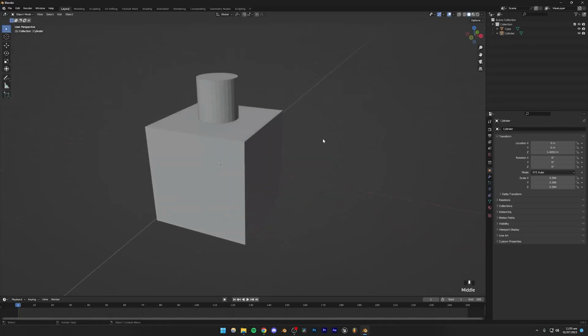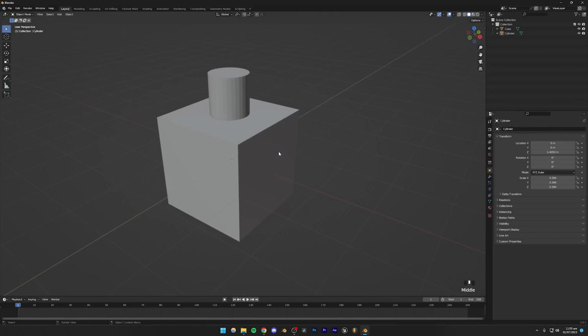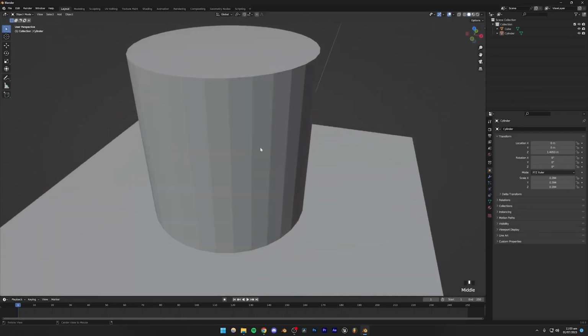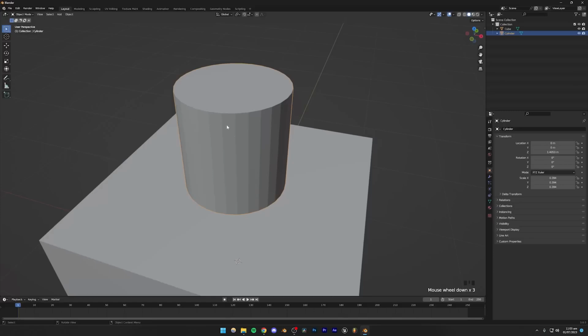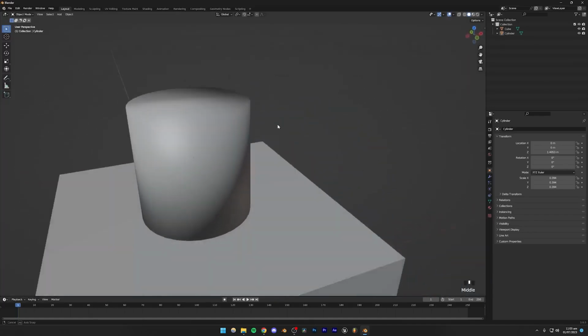Obviously it doesn't look that good, but we are going to be covering modifiers and how to make your things look better with modifiers later on, not right now. But also, if you are noticing that this cylinder is not actually smooth and has jagged edges, if you don't want that, you can right click that object and just shade it smooth. However, right now you're going to see that it looks absolutely terrible